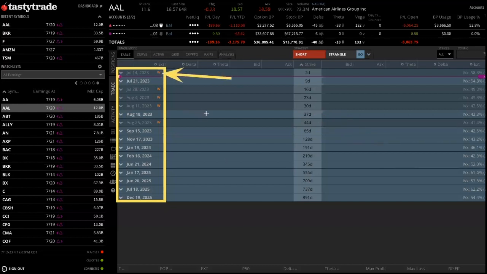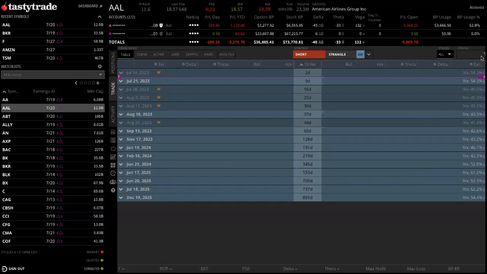Here you can actually see some orange W's. That signifies a weekly contract. If you're not seeing those, there's a filter icon in the top here. If you click on that, and then let's clear the drawings there. If you click on the filter icon at the top and then go to all expirations, you should start seeing the weeklies. And then the last piece of information here is that you're going to see the implied volatility and